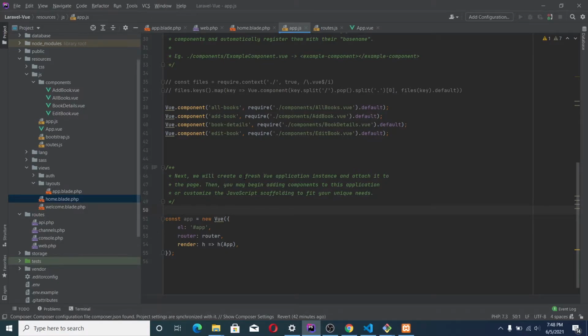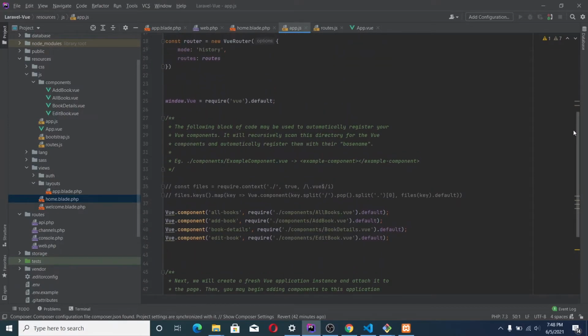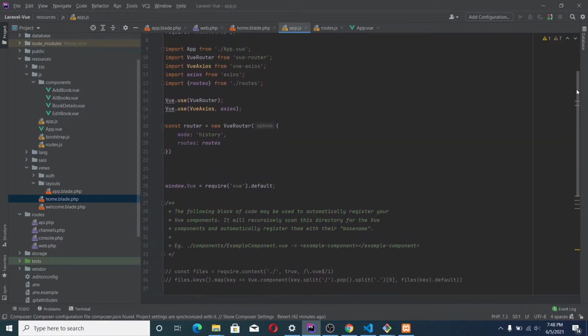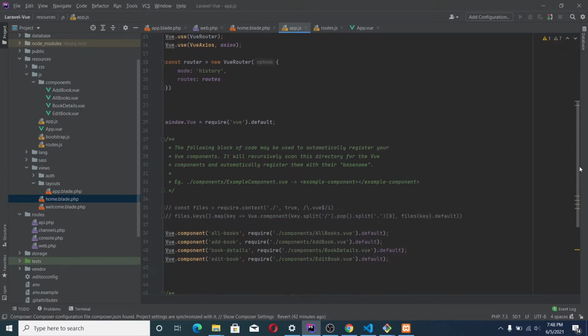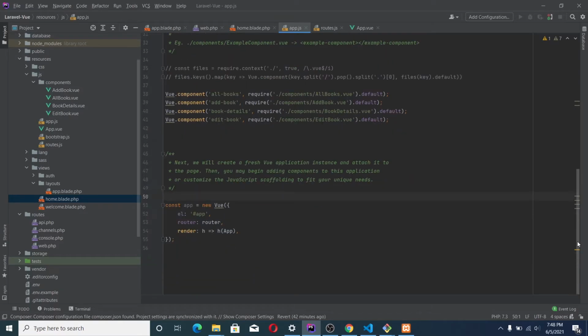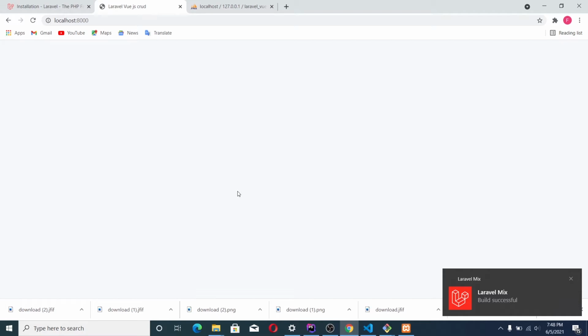Remember we were importing this app. We have imported this app from here: import app from app.view. Okay, so let's go to our browser and refresh.